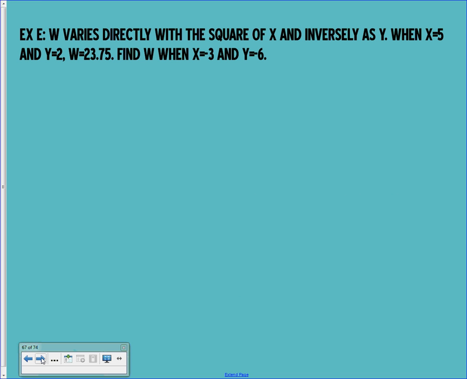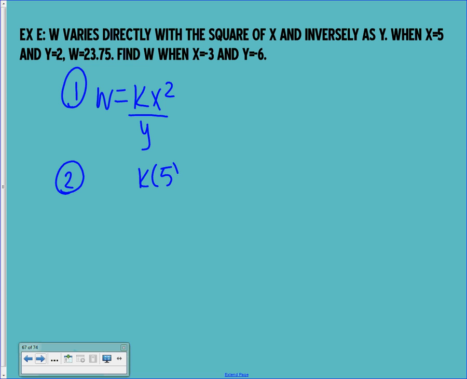Example E then is going to go ahead and try to solve them, and we're going to use the exact same process that we have used before, only we have more numbers now. So first step is still to write the equation. So W varies directly with the square of x and inversely with y. So W equals kx squared over y. So the second step was always to solve for k. So I know that x equals 5. So plug that in for x, still keeping the squared. Really important that you are carrying down all of your exponents here. And y is 2, and W equals